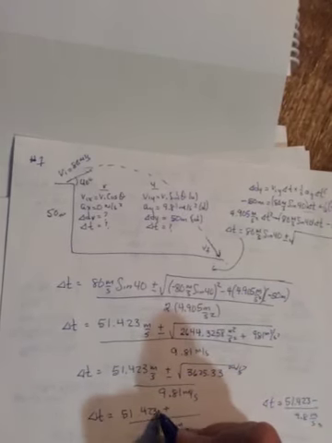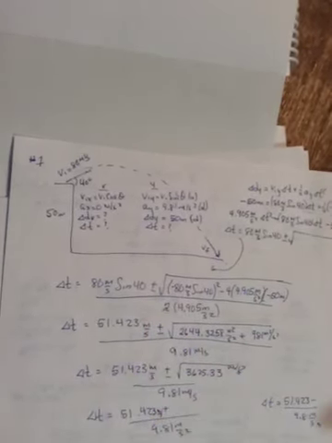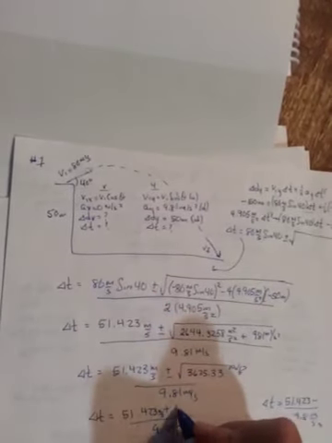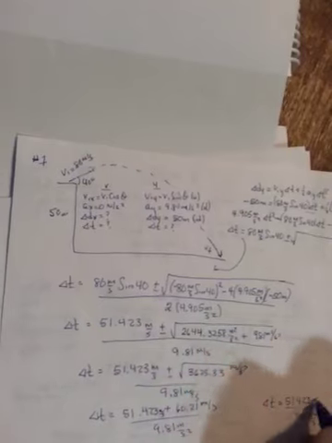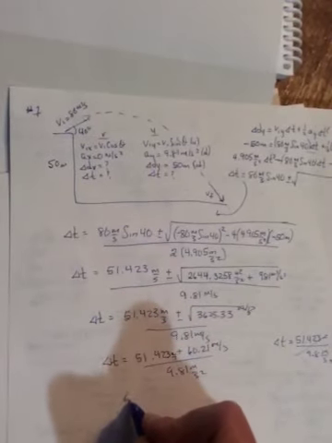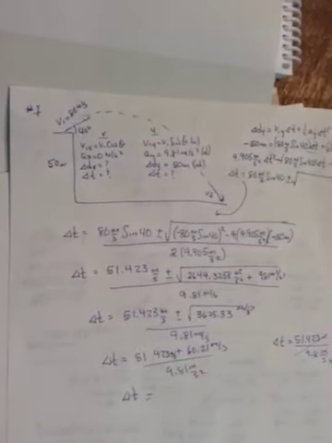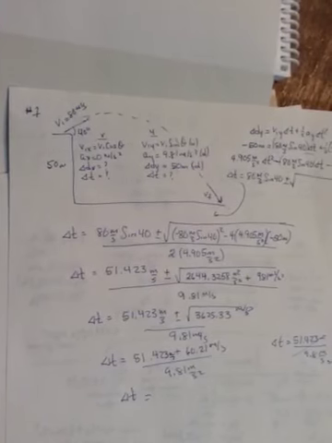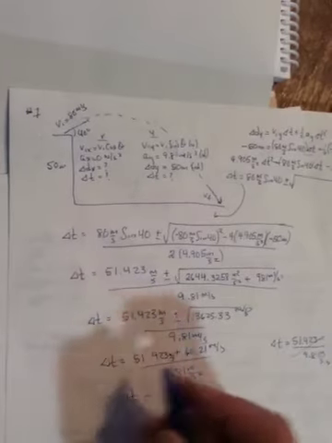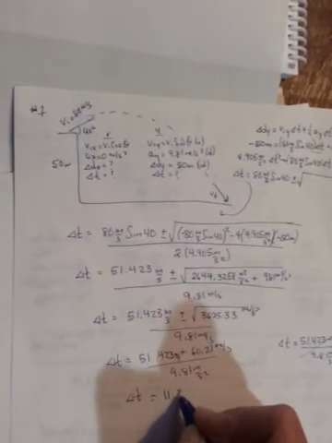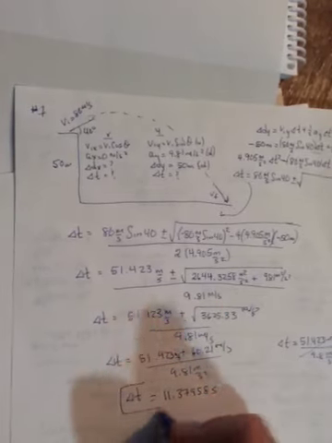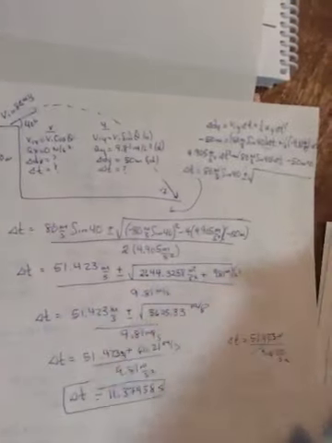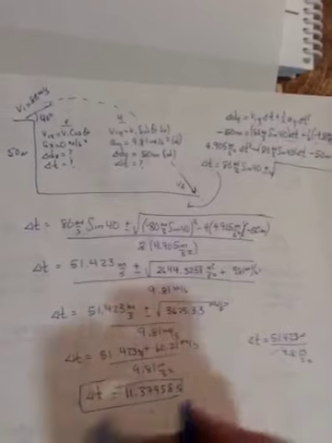Oops, and this is meters per second. Sorry, so when we take the square root, we get 60.21 meters per second. Obviously, this one's going to give us a negative, so I'm going to save time because we're running out of it on the video. So add that to our 50, divide by 9.81, and you get 11.37958 seconds. Once you have that, what does the question ask? The distance. So